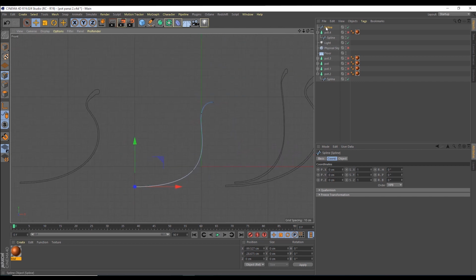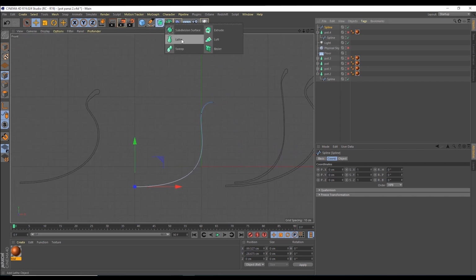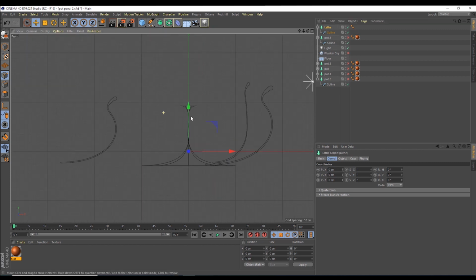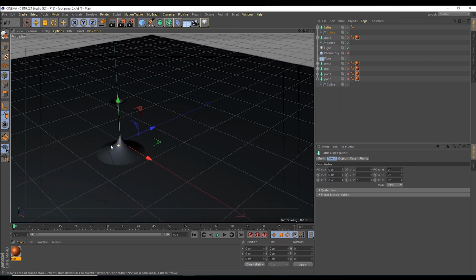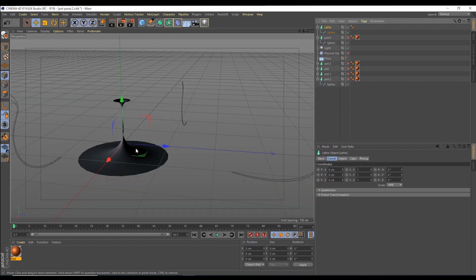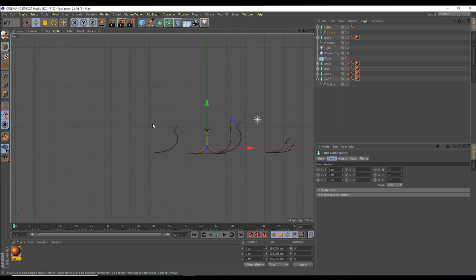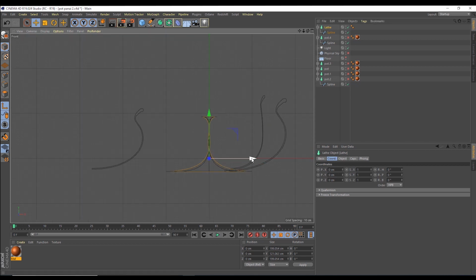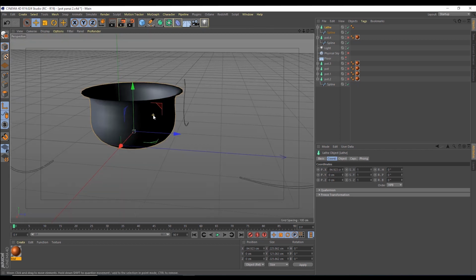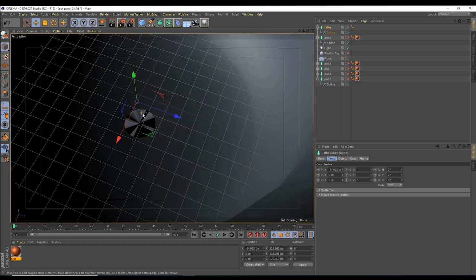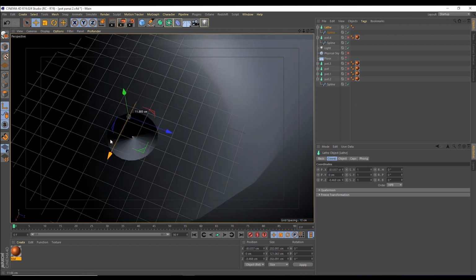Now I am clicking on the spline. If you press Alt and click on lathe, it changes into 3D. I didn't get this shape, I need a pot shape. In tools, select pivot, and if you move it towards the left side, you will get the correct shape. After this, select the vertex of the spline and move it a little bit. You can correct the shape.